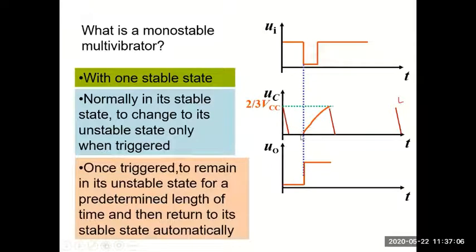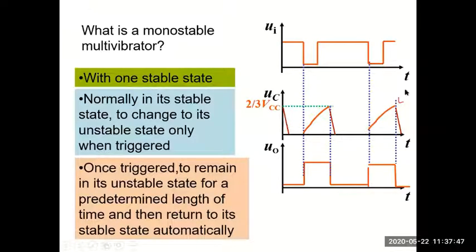Whenever output is in one state, the capacitor will be charging. Remember that. And for how long will it remain in one state? As long as the capacitor voltage doesn't reach 2 by 3. When capacitor voltage just crosses 2 by 3 VCC, output will go to 0 state, as you can see here, and the capacitor will start discharging. And capacitor discharging will not be as slow as charging, because the discharge path is through an on transistor. The capacitor discharges through a transistor which is on, hence it discharges very fast.